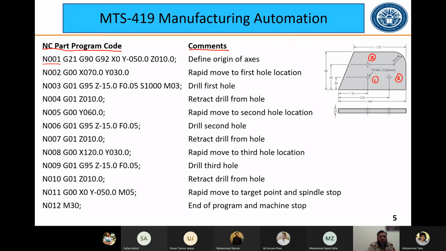N001, we know what this is, the line number. G21 is actually the dimensions in millimeters. So let me just keep writing these. Okay, so G21 depicts that we are dealing in millimeters. Let me just put it here so that we are dealing in millimeter dimension. G90 depicts that we are working in absolute coordinates,